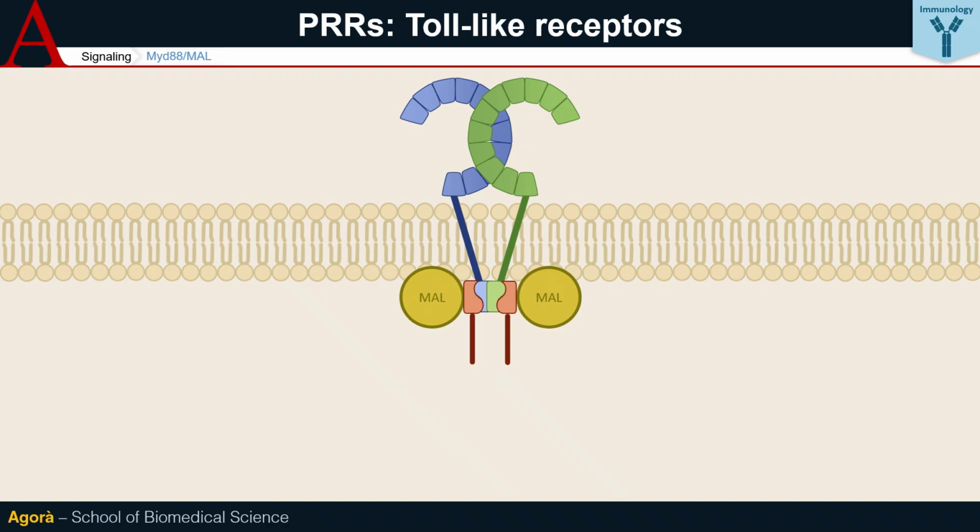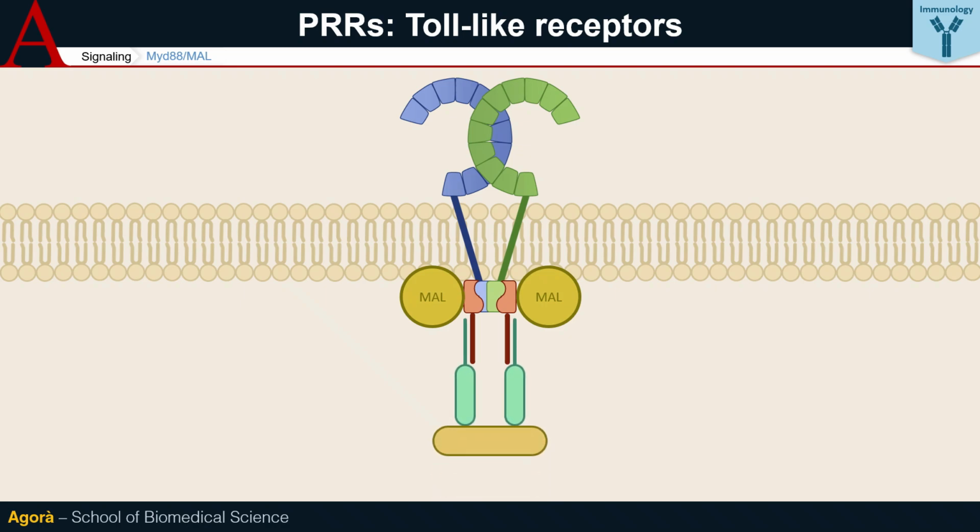MAL facilitates the formation of the myddosome, a complex involving multiple proteins that allows MyD88 to engage via its death domains with the death domain of IL-1 receptor-associated kinases, IRAK4 and IRAK1. IRAKs serve dual functions. Firstly, they